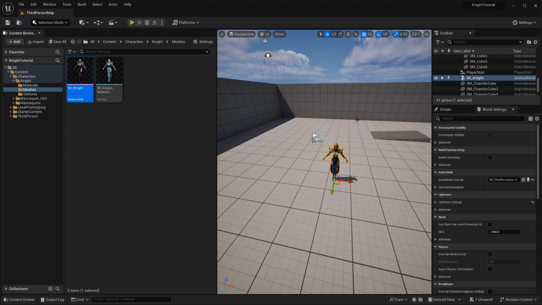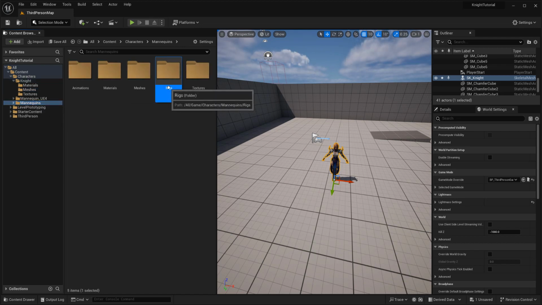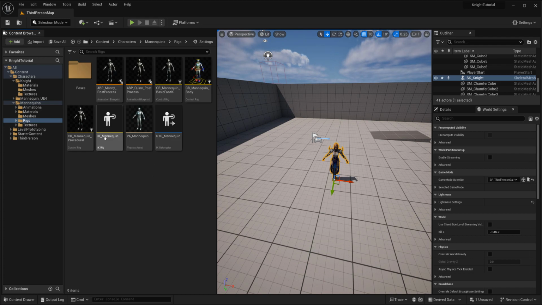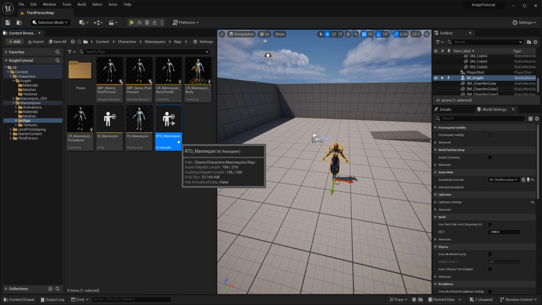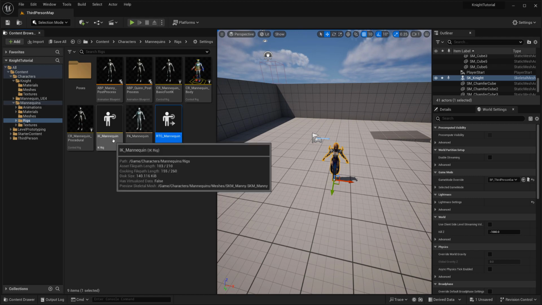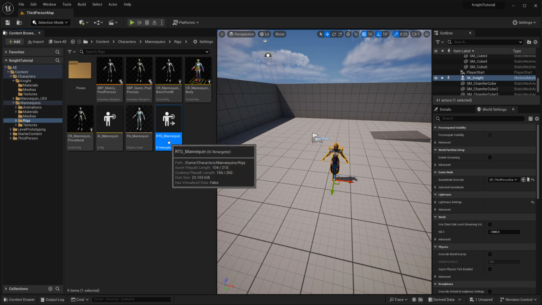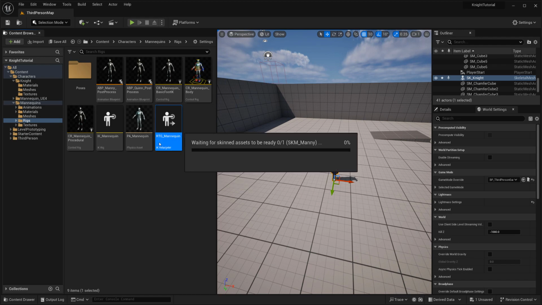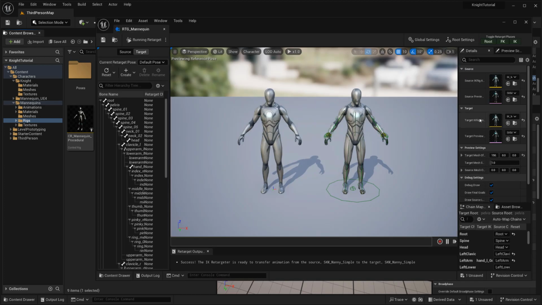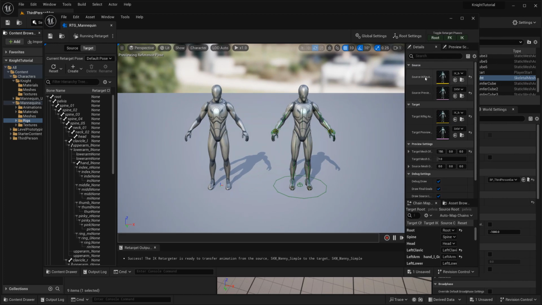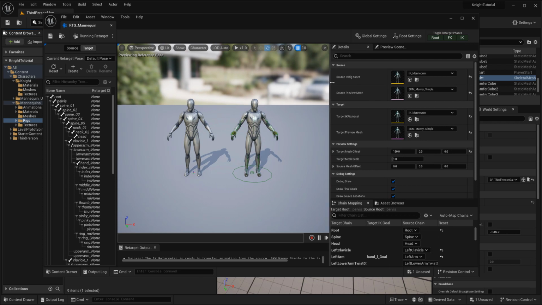Okay, so in this video, let's get our animations from the default mannequin retargeted onto our character. So if we go into mannequins and rigs, you'll see that there is this IK mannequin and also this RTG mannequin. So this is our IK retargeter, and this is our IK rig, which the retargeter uses to retarget the animations. So if we open up the RTG underscore mannequin, you'll see that the source and the target both take